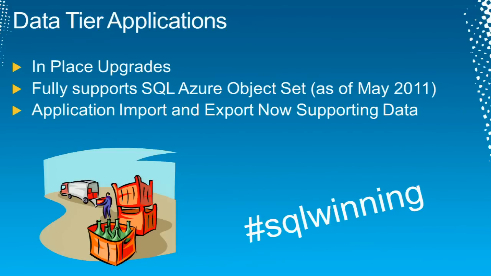Mirroring didn't work, all sorts of stuff broke. Now we have in-place upgrades, so we no longer drop the data, do a create database, and transfer data. It now does a schema compare, finds all the changes, and simply does alters to the objects as we would expect. This does support all the current SQL Azure feature sets as of what's in Azure as